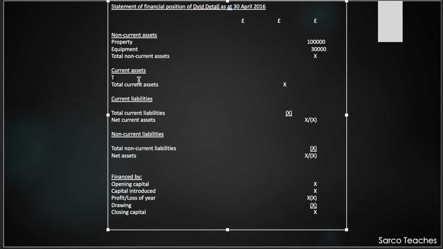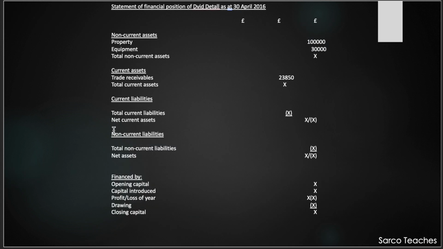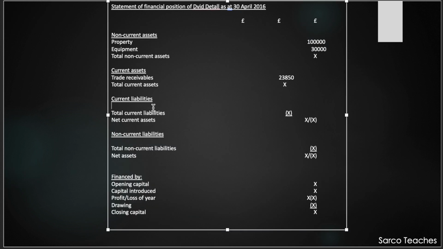So they owe us money and they should be paying back within a year. So that makes it a current asset. Next on the list is bank overdraft. Bank overdraft is when we have taken out more money than we have in our balance. So we owe the bank money. Bank overdraft is for temporary use, so we will be paying back within a year, which makes it a current